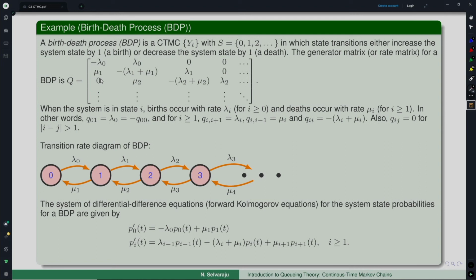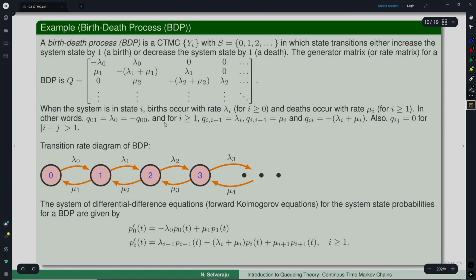But in our case, it is a queuing system. Birth corresponds to an arrival of a customer to the system, so the system state increases by 1. There could be an arrival to an empty system from outside. That is why in our case this does not make much of a problem, but if you are trying to apply this model elsewhere, then one has to make sense of what we mean by birth